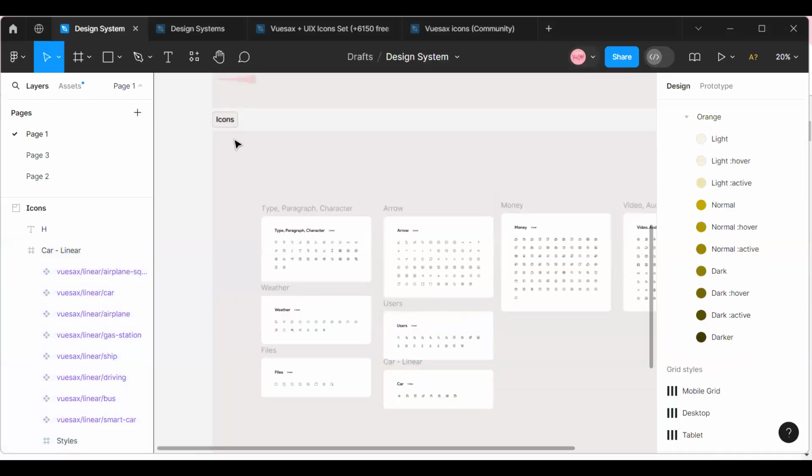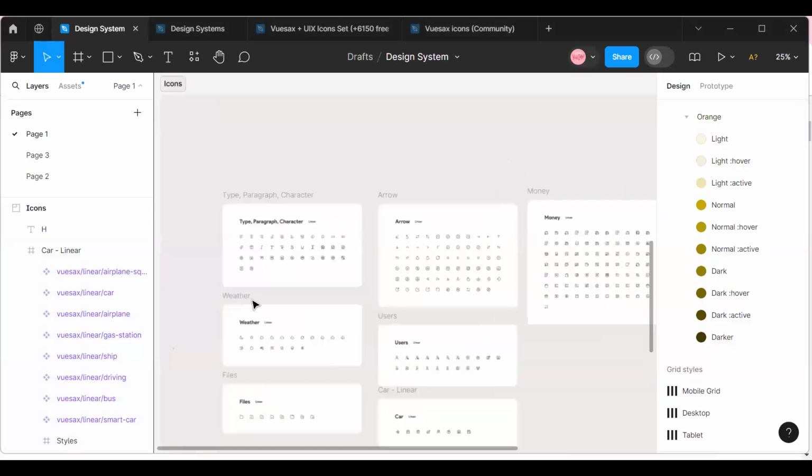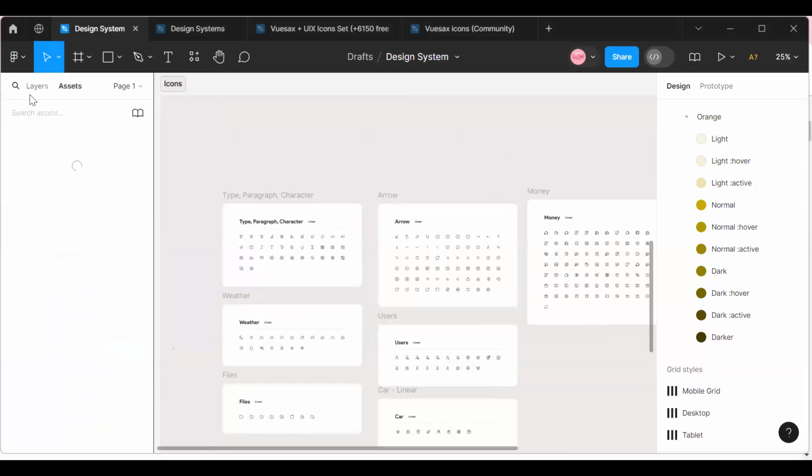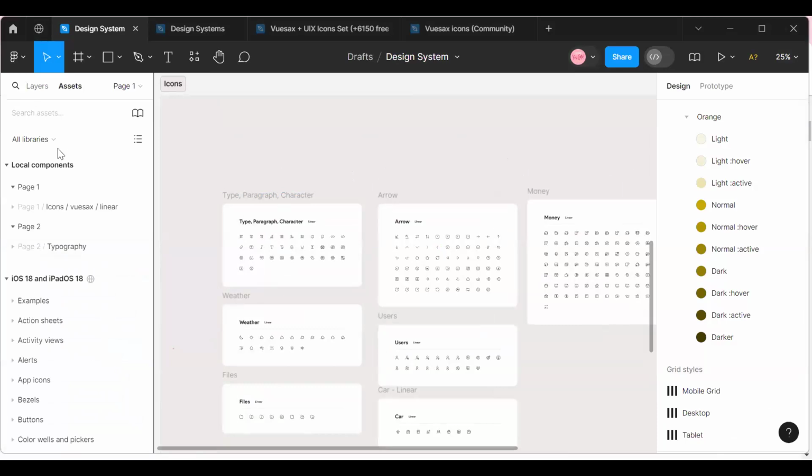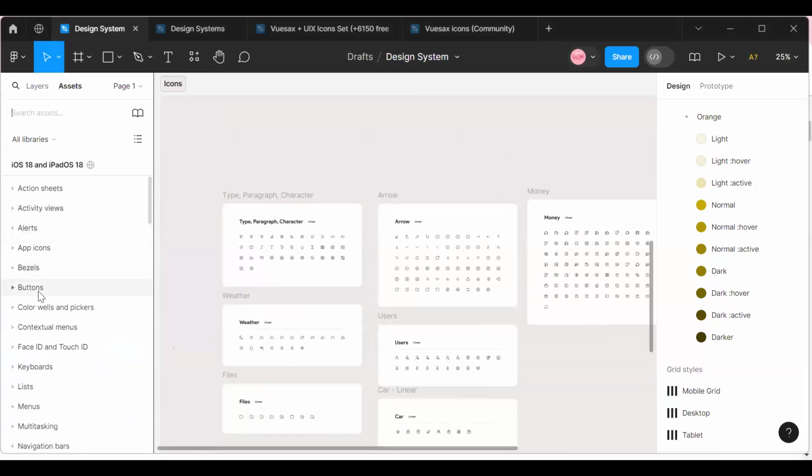Okay, so we have our icons here. I know some people are going to be asking me, how do you make it a design system? So I just have to go back to the plugin. One thing about Icon Pack is that they come as a component. Coming as a component is that they are saved in your assets, but we'll get to that. So I'll just show us how to make it a component. So if I go to my asset here,